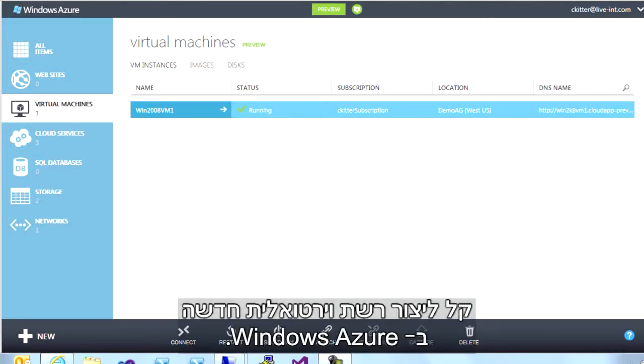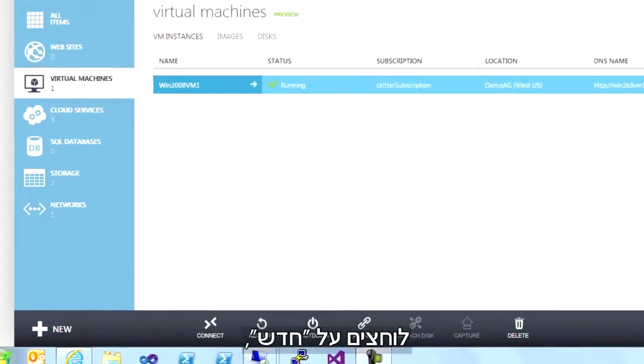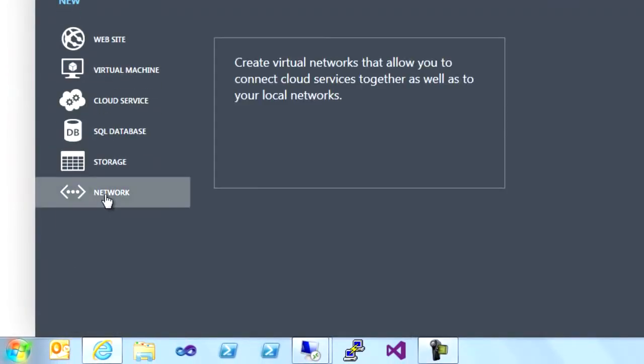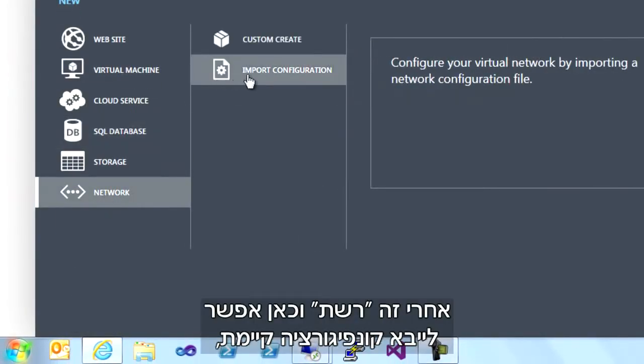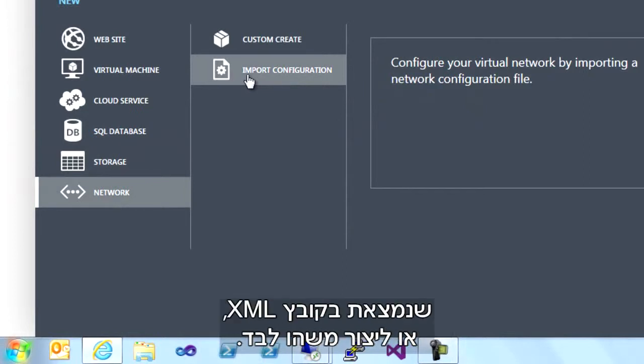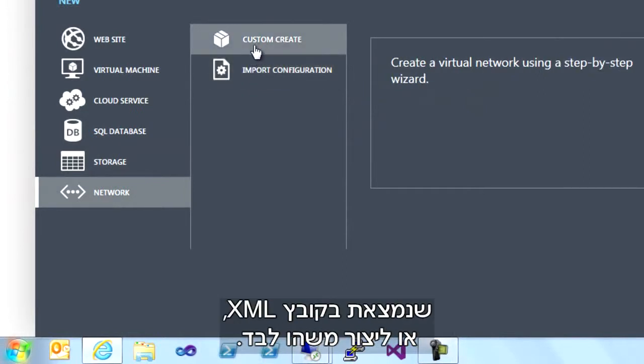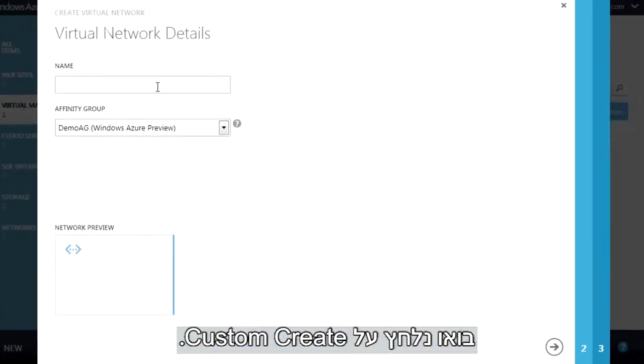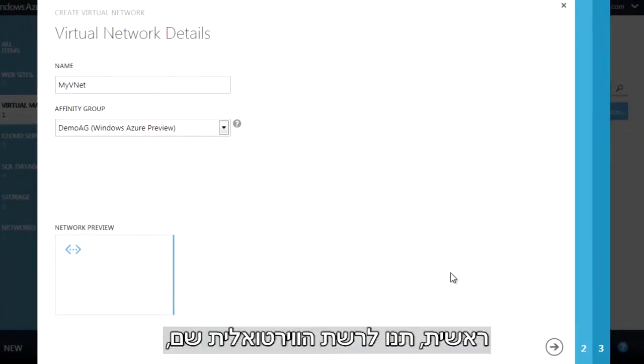Creating a new virtual network in Windows Azure is easy. You start by clicking New, then Network, and here you can import an existing configuration that's defined in an XML file, or you can do a custom creation. Let's click Custom Create. First, you give your virtual network a name,